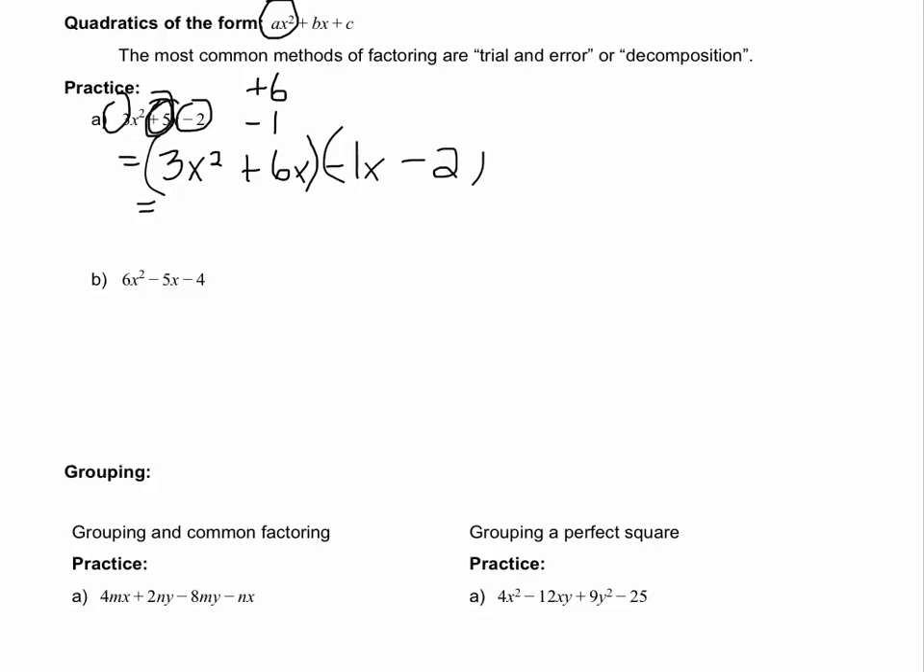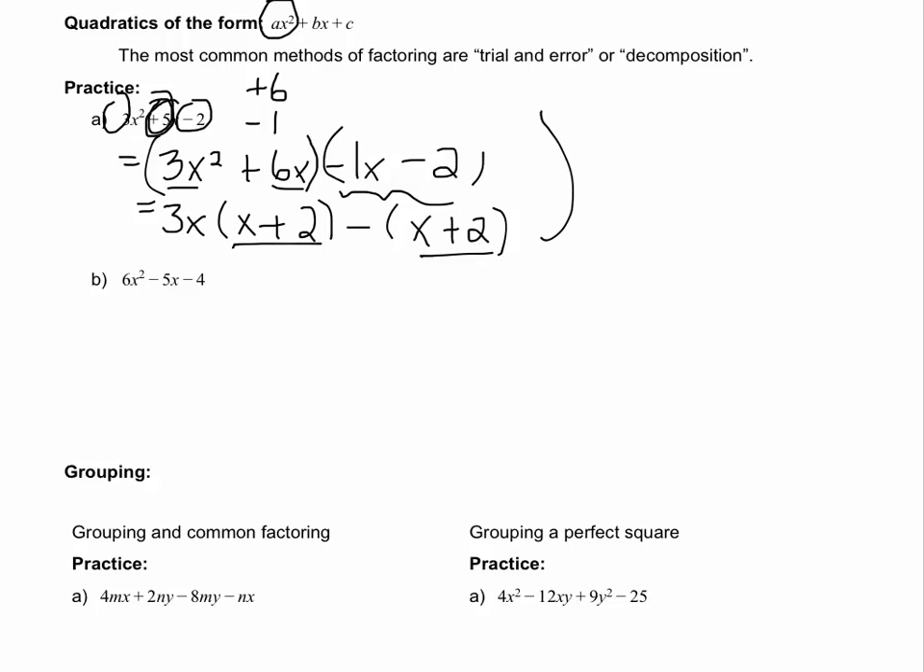two terms together. From these two terms, we could factor out a 3x. We'd be left with x plus 2. And then from these two terms, we could factor out a negative 1, and we'd be left with x plus 2. We now have two factors in common between our two terms, x plus 2, and we're left with 3x